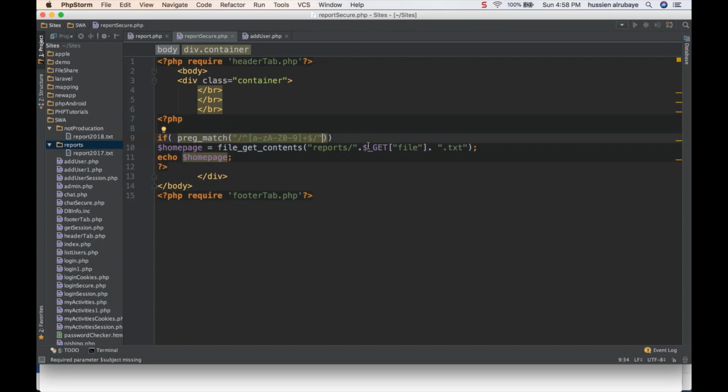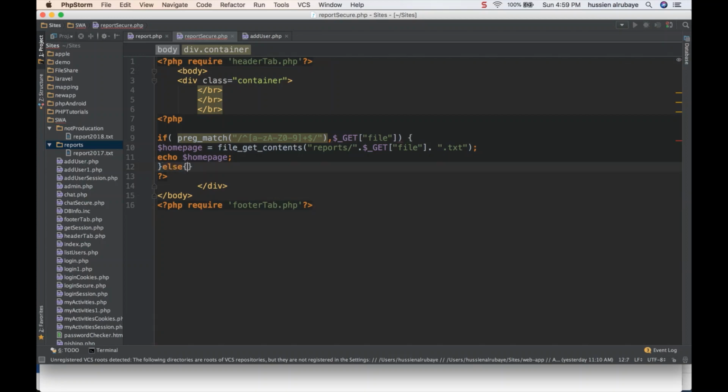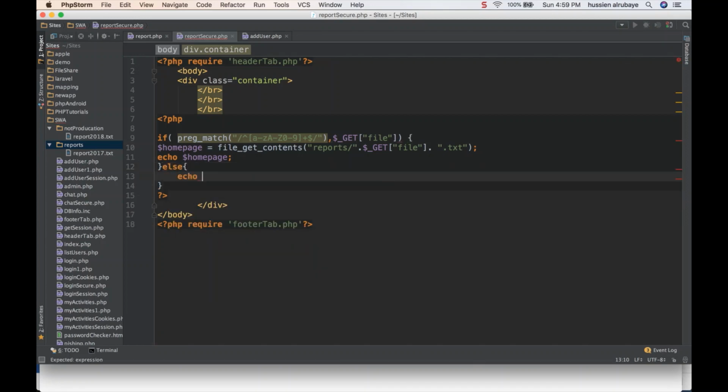Then I see whatever the file is. Then I say, okay, if this succeeds, please just go and load that file and show it to me. Otherwise, echo input